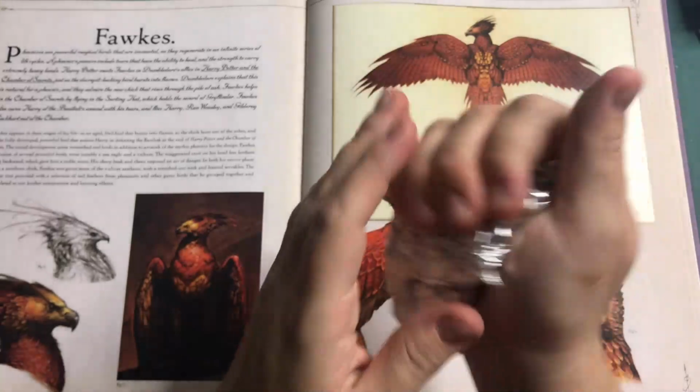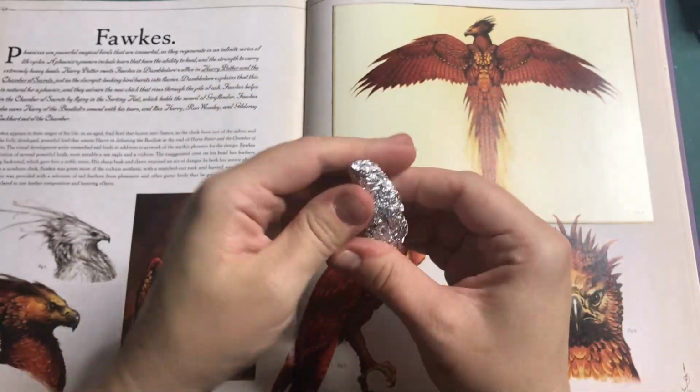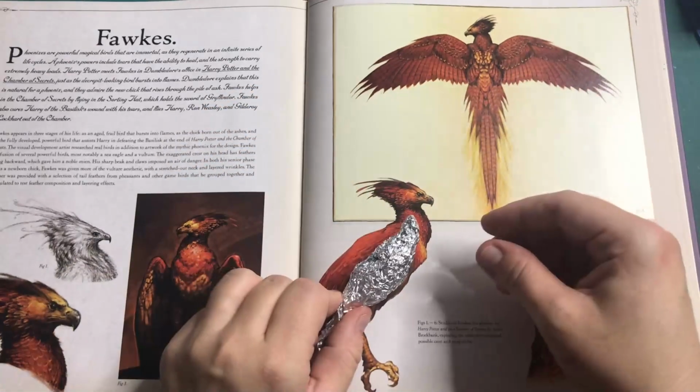This week I am creating Fawkes the Phoenix for you. I'm creating the phoenix itself out of tin foil and polymer clay, and the stand I am making out of wood and polymer clay. If you are not familiar with Fawkes, let me tell you a little bit about this